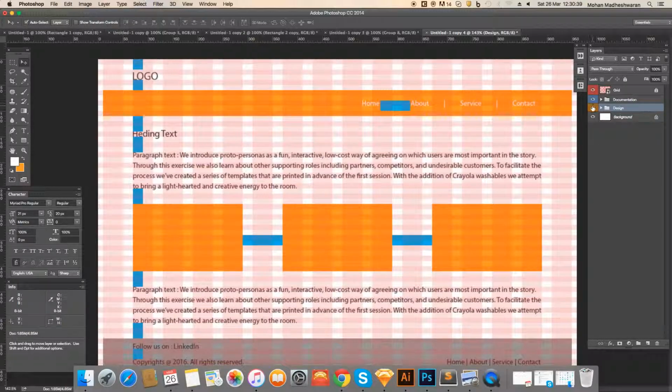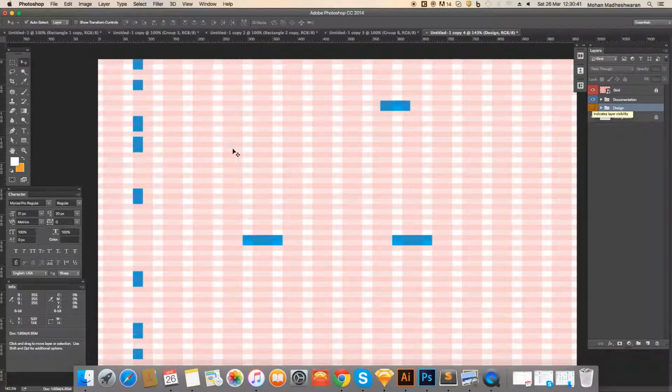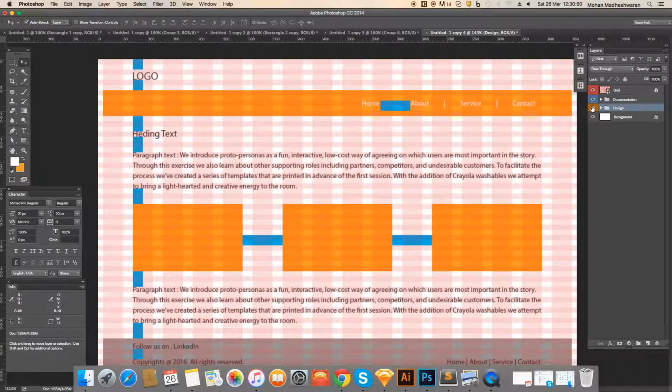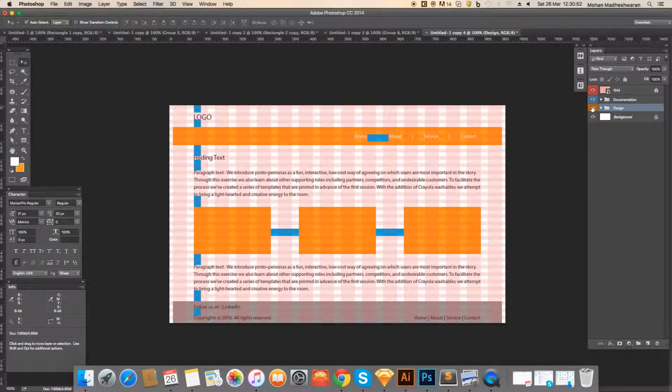So we can give the documentation like this. They will calculate with the vertical grids like 10, 20, 30 pixels. Okay, so you can hand this over to developers and they will make use of it.